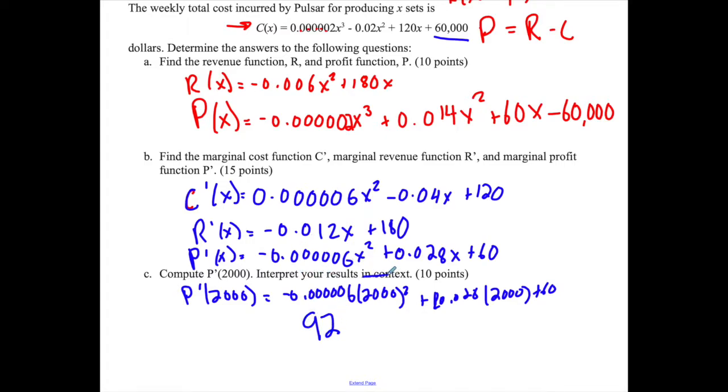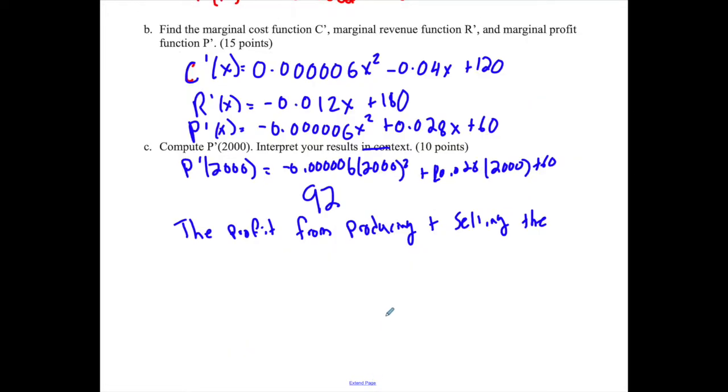So you need to interpret your results in context. That was half the points. So the profit from producing and selling. So the marginal profit is telling us at this point in time, if we continue to make another of these TVs, what are we going to generate in profit? So you could see this as the